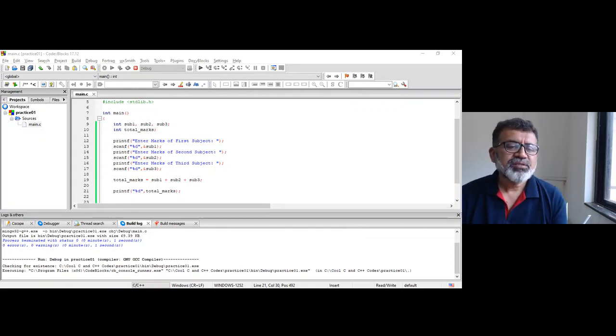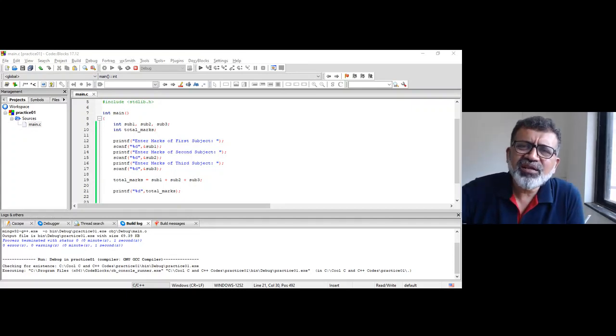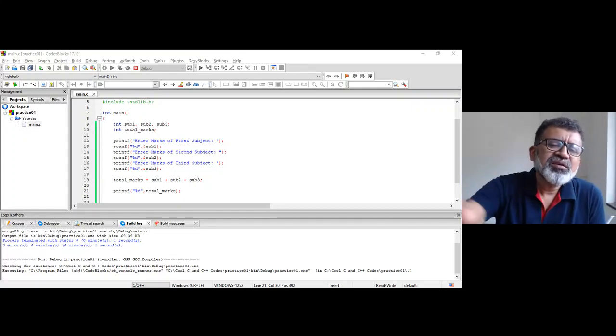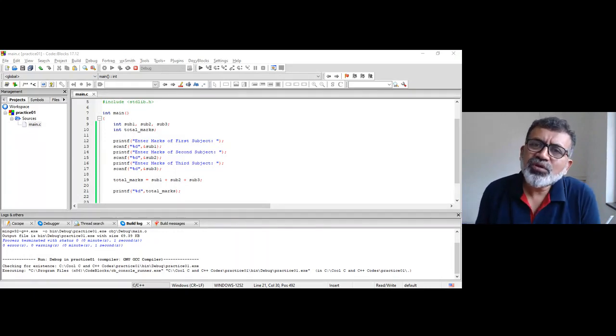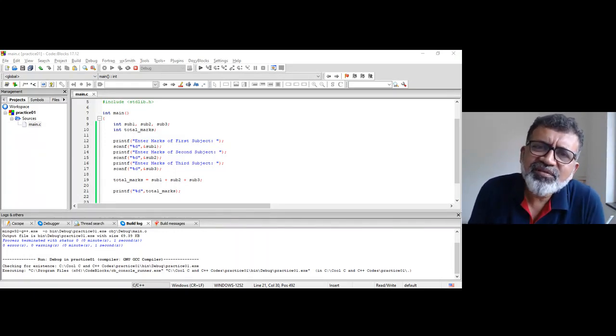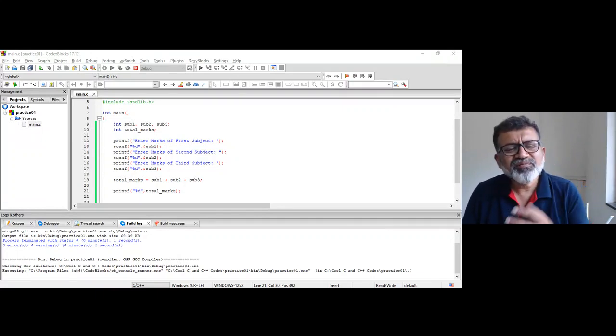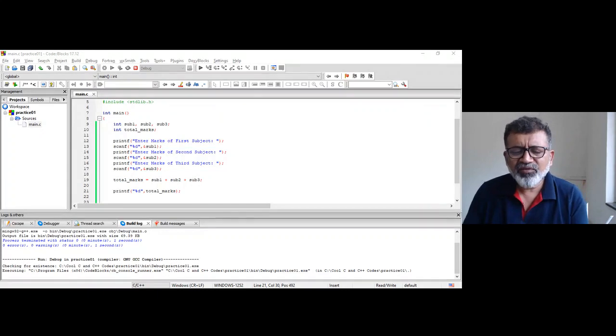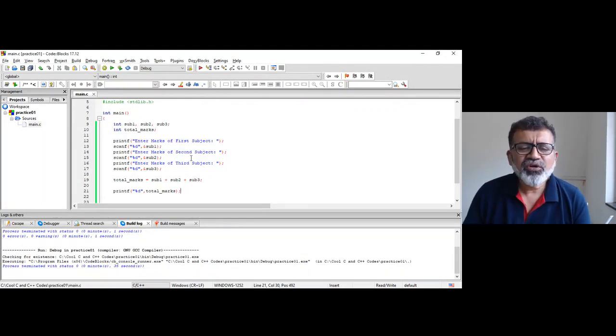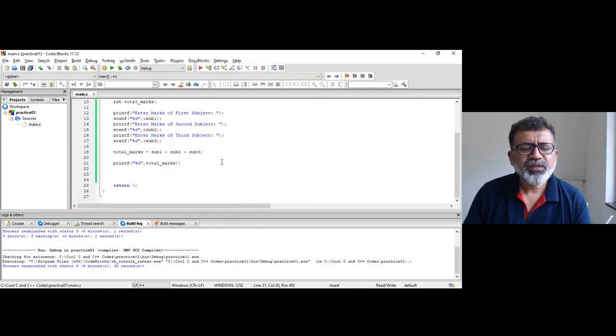See here, what is that 237? Students write this kind of thing. It's absolutely rubbish. Is that marks? Is that the score of a cricketer? Is that temperature in Fahrenheit? I have seen many students write this. This is a very bad way of programming, so it should not happen like that.